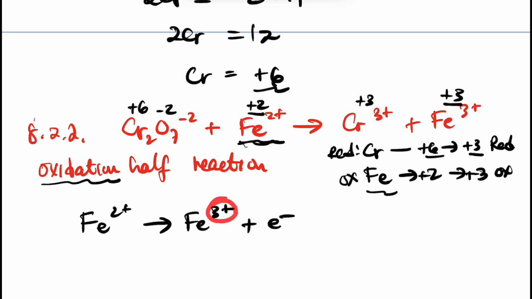And then now it loses another. Here's the another. You're not going to say 3, guys. So this is the oxidation half reaction. Then now let's go to a reduction